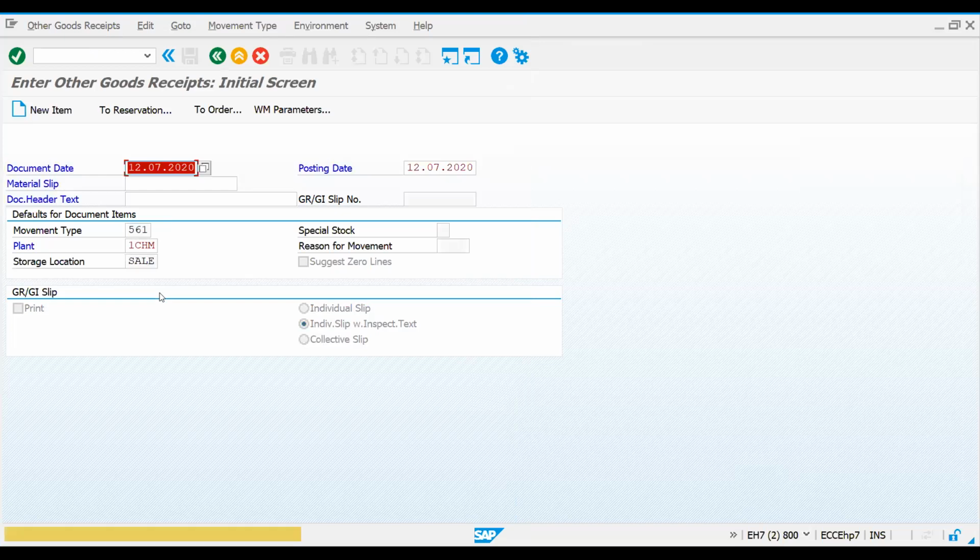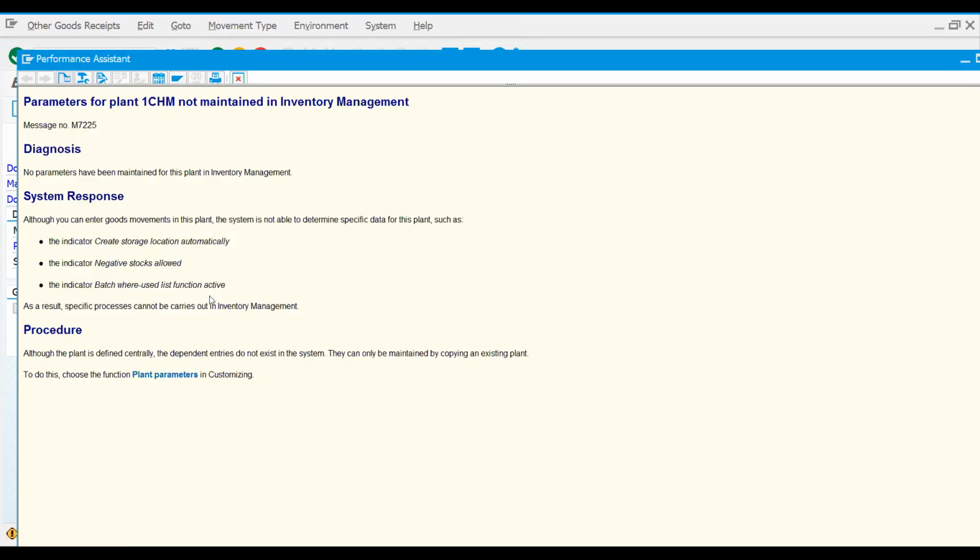Just press enter. Now you see, parameters for the plant 1CHM are not maintained, right? Let's double click this. If you don't maintain parameters for this plant, what kind of stock is it, valuated stock or unvaluated stock?